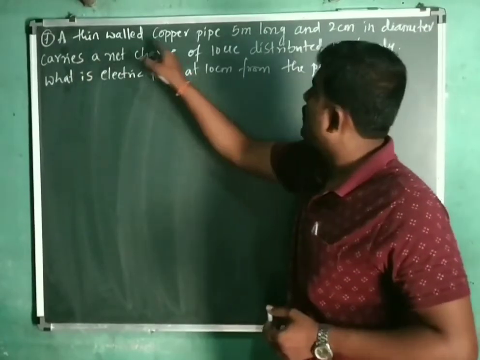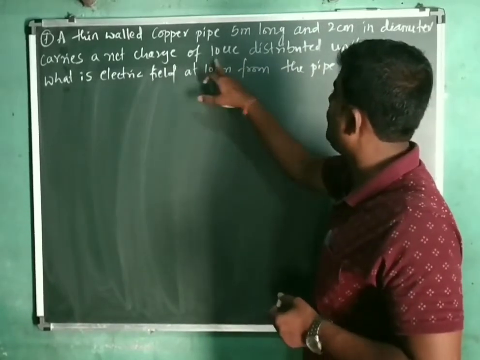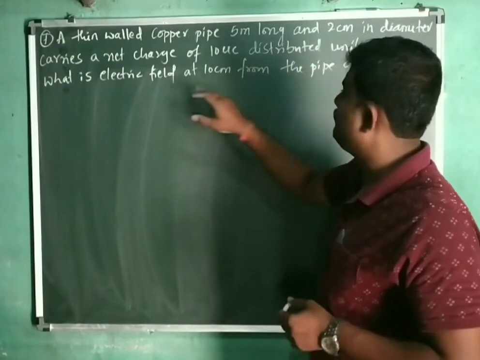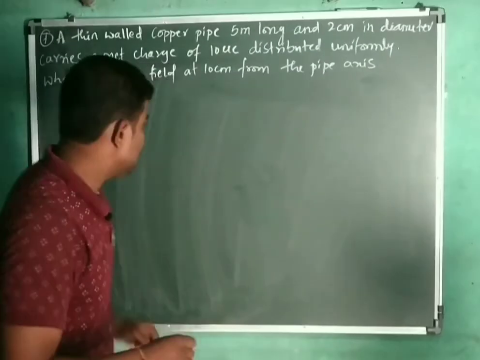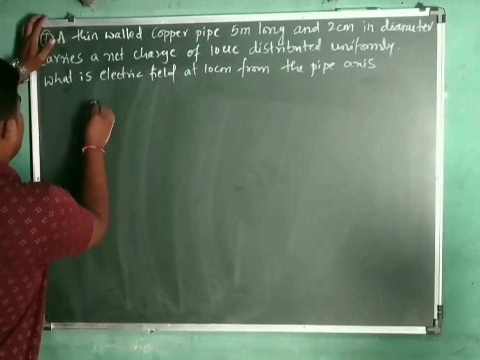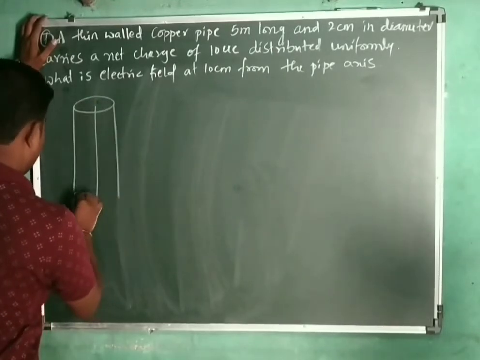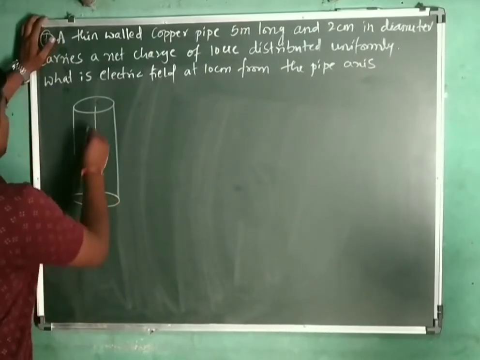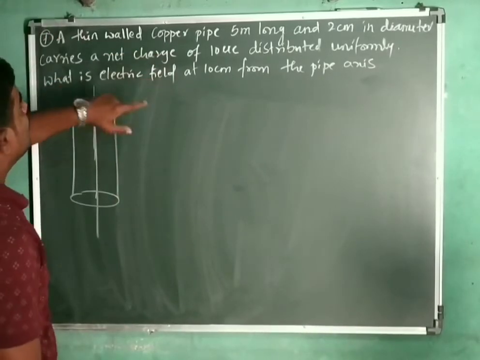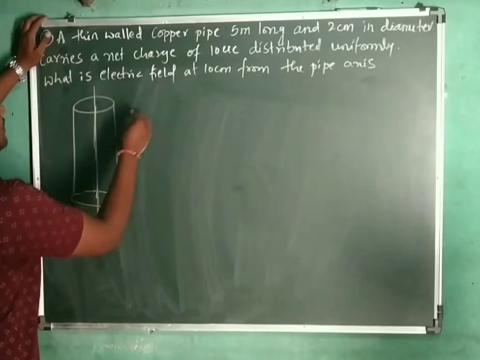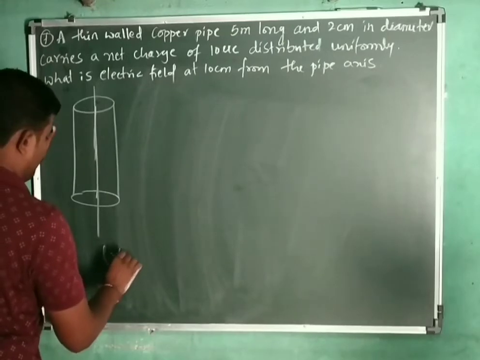Look, a thin walled copper pipe 5 meter long and 2 centimeter in diameter carries a net charge of 10 microcoulomb distributed uniformly, okay. What is the electric field at 10 centimeter from the pipe axis? See here, a thin walled copper pipe is there, this is the copper pipe, okay, and this is the axis of the pipe, and the length of the copper pipe is given, that is L is equal to 5 meter,